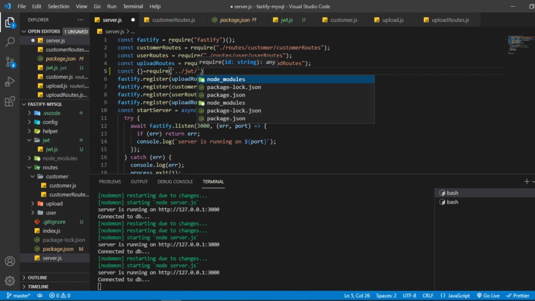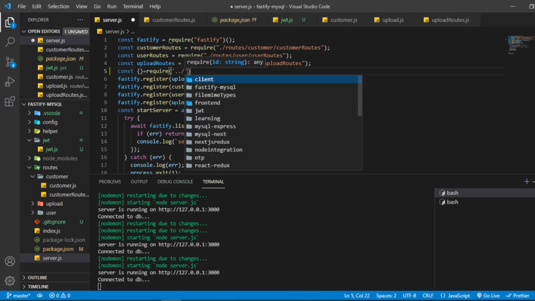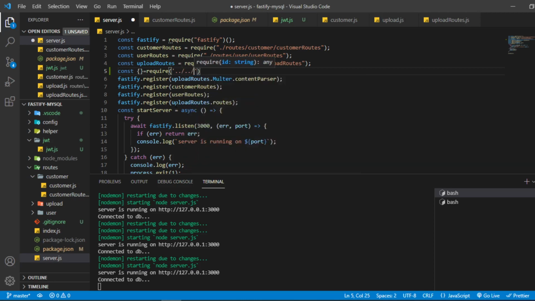Inside jwt we have a file jwt.js, but let me see what is happening here. No, this is not what we want.